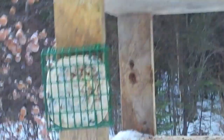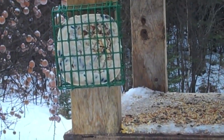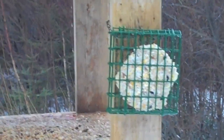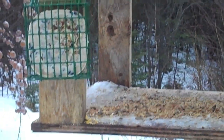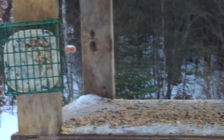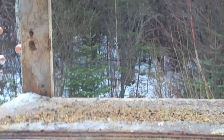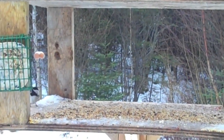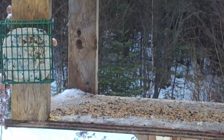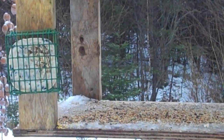Well, it's February 1st. We have a light rain. We've had some snow. Now it's hopefully all going to rain off. I just brought out one of my suet cakes and put it in that cage. The other one I put the two partially eaten ones in there together. I was hoping while I was standing here one of the chickadees would come right over to the feeder. They've been coming over even while I was putting the suet cake in. Flying around here, but here's one. Anyway, I think what they're interested in right now is some of the sunflower black oil seeds. Nobody seems to be getting on